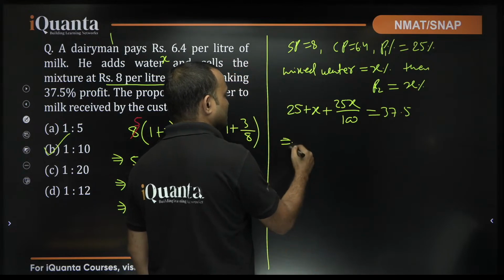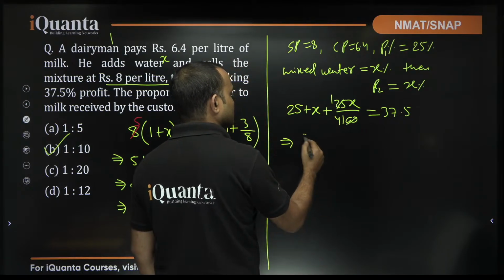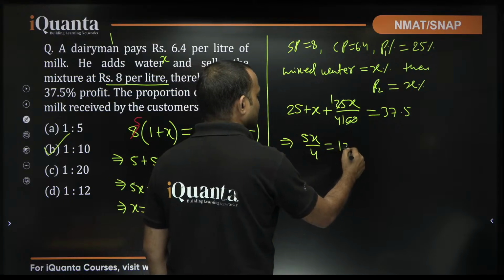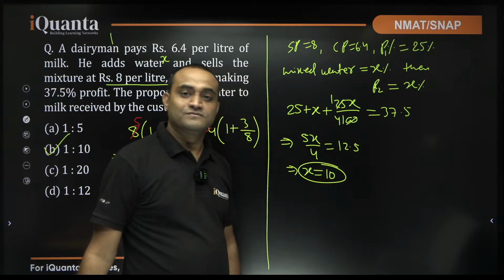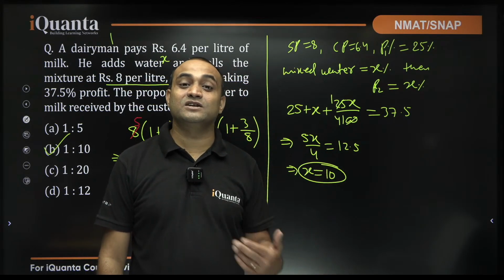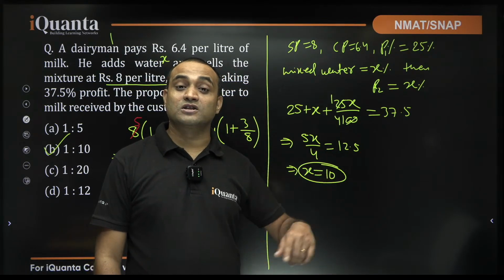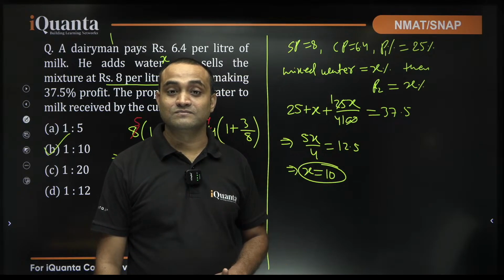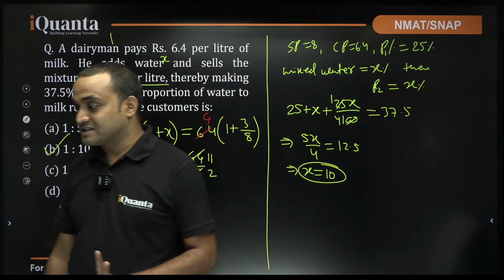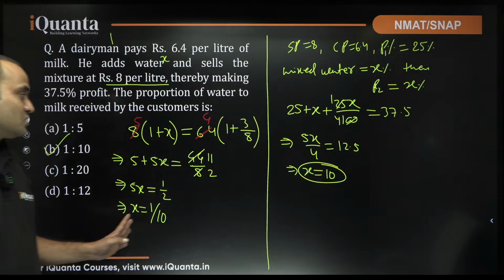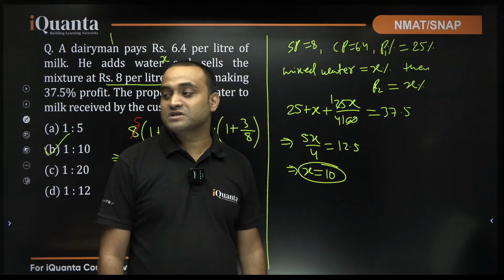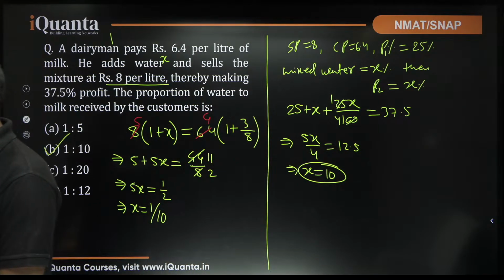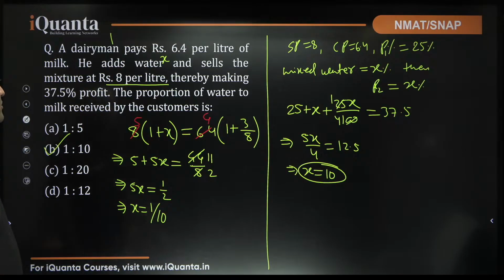Look, now this is quite interesting. 1/4, so 5x by 4 will be equal to 12.5, or x is equal to 10. So the second profit, which is by mixing only water, is 10%, or the water mixed is also 10%. Getting my point? The water mixed is 10%. All right guys, is that clear now? The successive of 10% and 25% will be 37.5%. It says the proportion of water to milk received by the customer is,